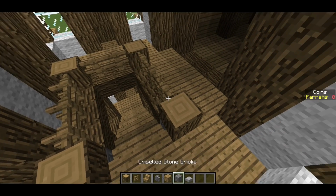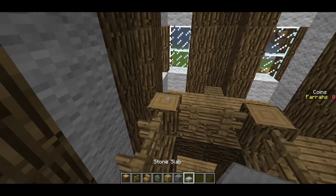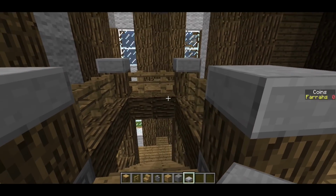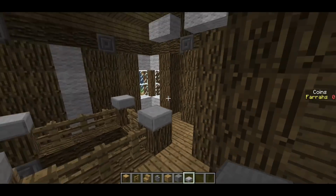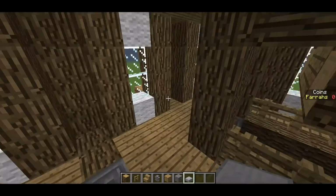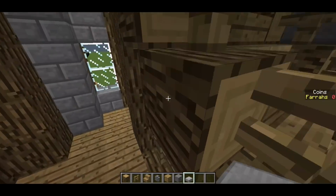Place stone slabs on top of each of the wooden logs that we've placed down, and that will basically signify the end of the staircase. So we have our little area with the walls and whatnot. Then we have down here, which is fine. And then the last thing I want to show you before I leave the